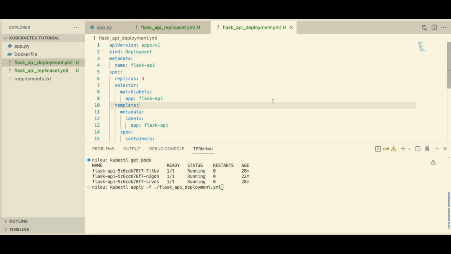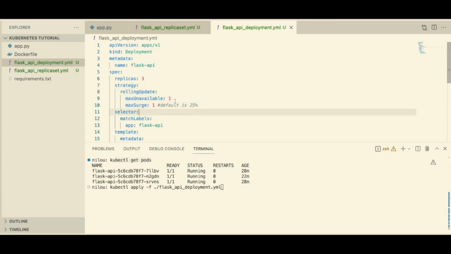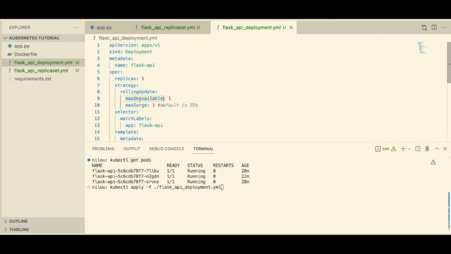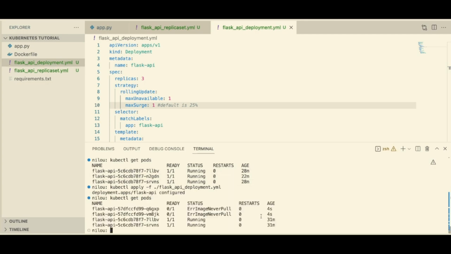Now let's see this concept in action and try to update our deployment. First, I'm going to add the configurable fields that we talked about, and after that I'm going to update our image to one that doesn't exist and has a problem. Here we have max unavailable set to 1 and max surge is also set to 1. We have 3 pods running, and if I were to apply this new change